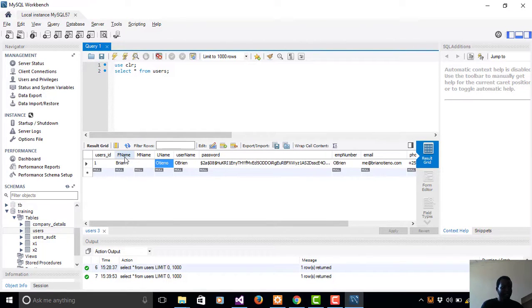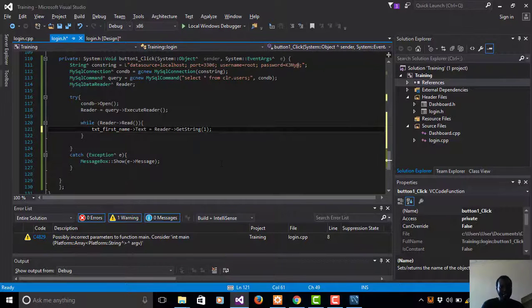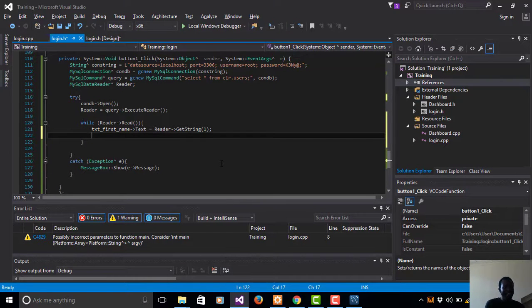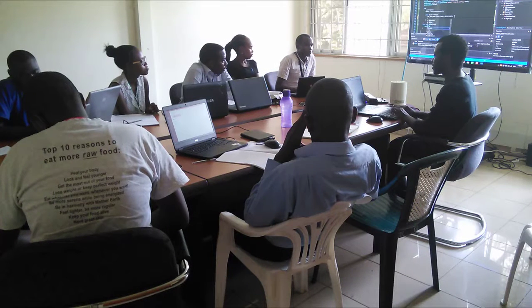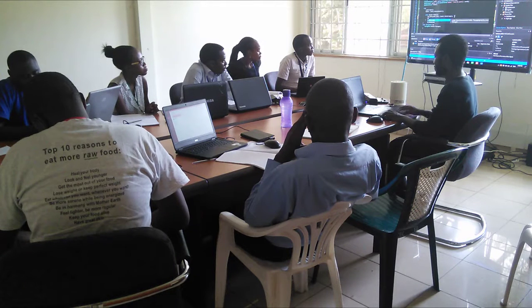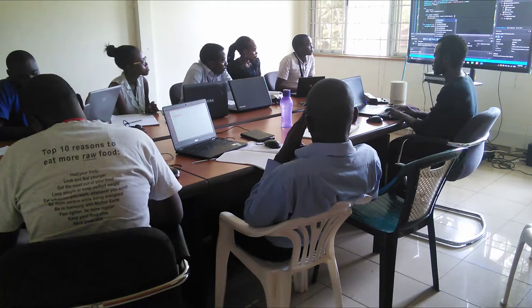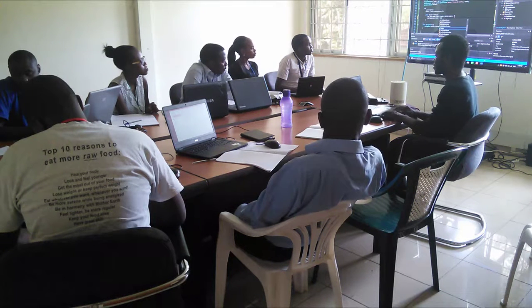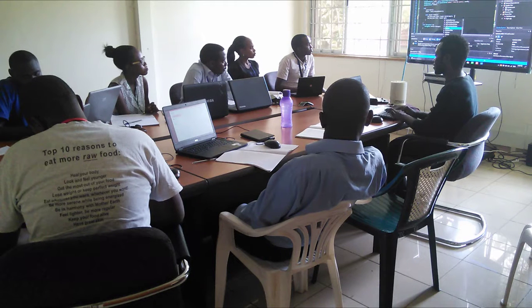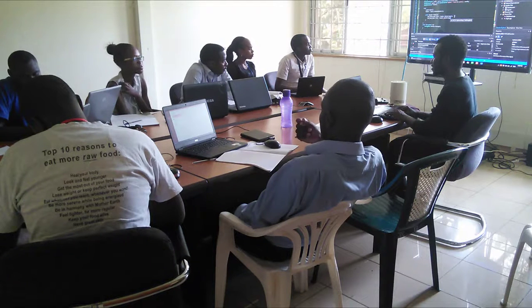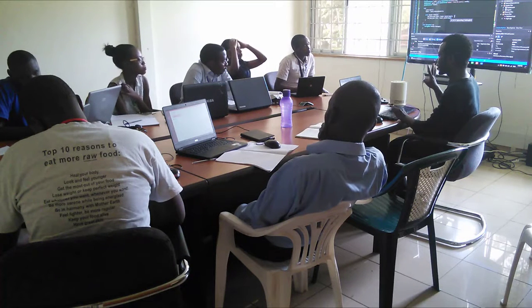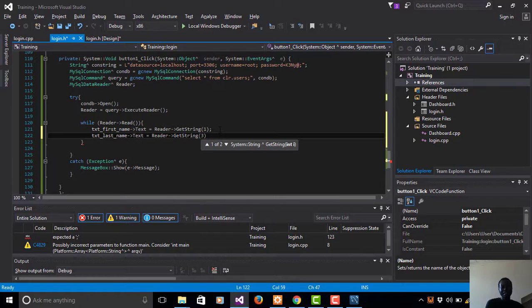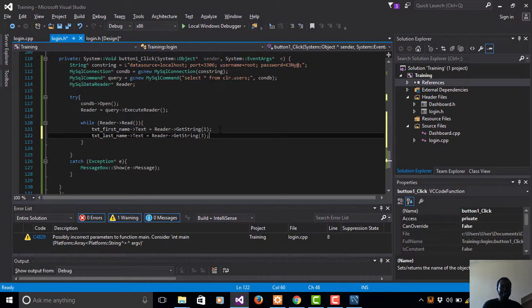Okay, so I'll enter and then do the same for my, I can copy paste, but let's just do it. So txt last name, and then the text property is equal to reader get string, and then our last name is the 4th column, so that means 3. Okay,